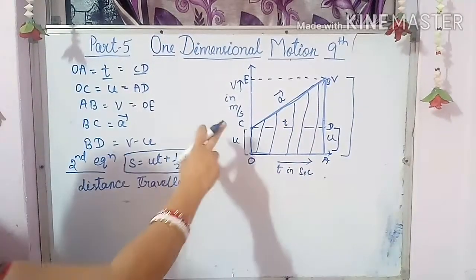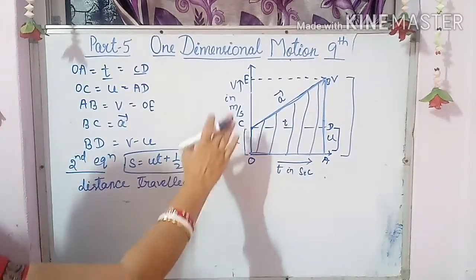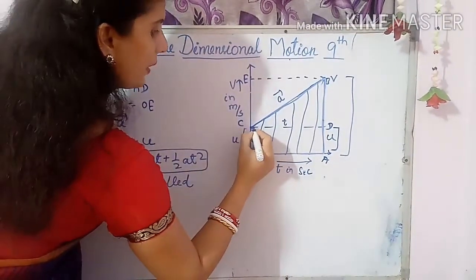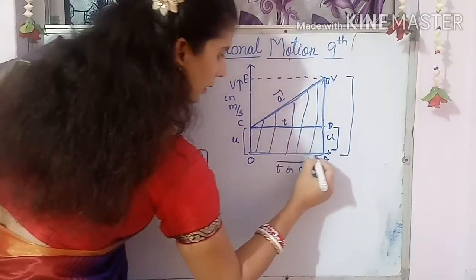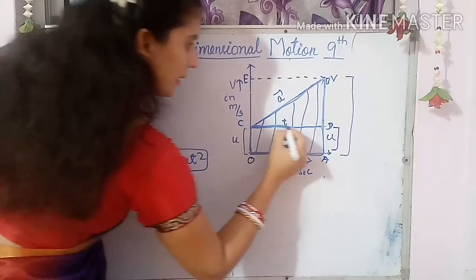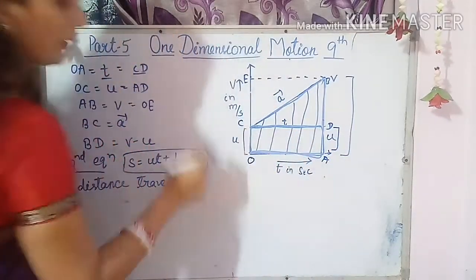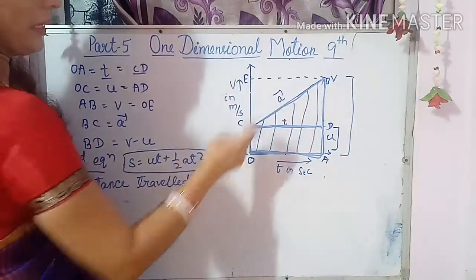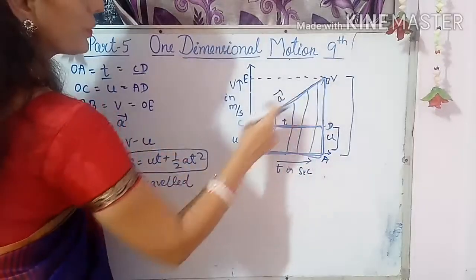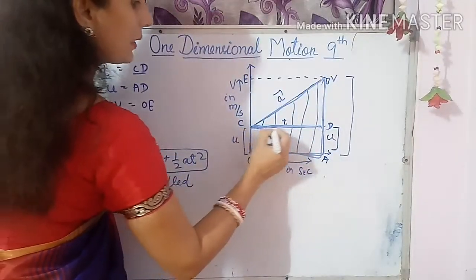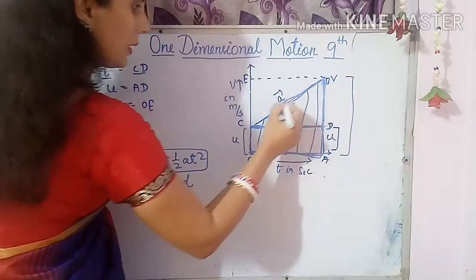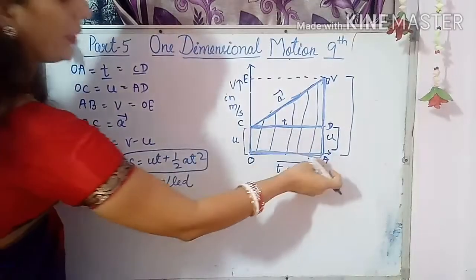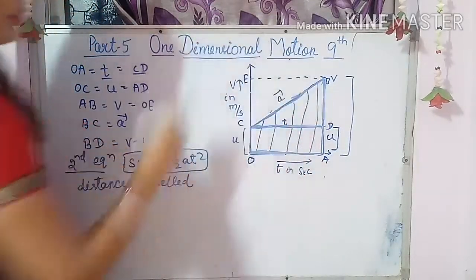Now see, to find out the distance travelled, I am going to divide this figure into two parts. Already I have divided it. That one is your rectangle. Now can you name this rectangle, children? Just see, this rectangle is OADC. But here our figure has not been completed. We have another part of that figure, one triangle, that is CDB. So you have to divide the total figure into two parts: one is your rectangle part and another is your triangle part.